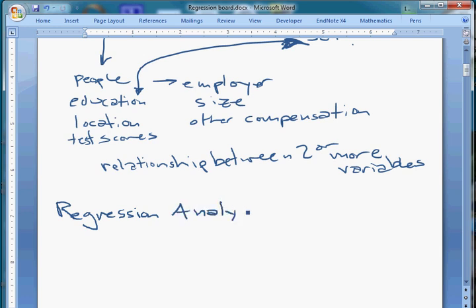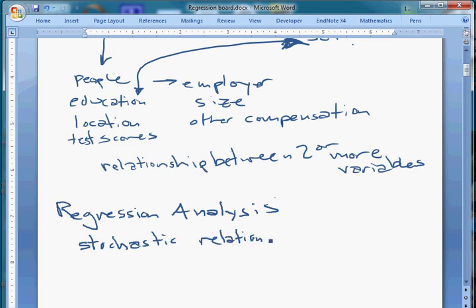analysis. So we call it regression because the first people who started to develop these techniques in the 19th century were looking at height. They noticed the tendency of strange occurrences to be followed by less strange occurrences. So if you had an extremely tall parent, their kids would tend to be shorter. If you had an extremely short parent, their kids would tend to be taller. And that phenomenon is called regression to the mean. And so, this was the first example of what we might call the analysis of a stochastic relationship.